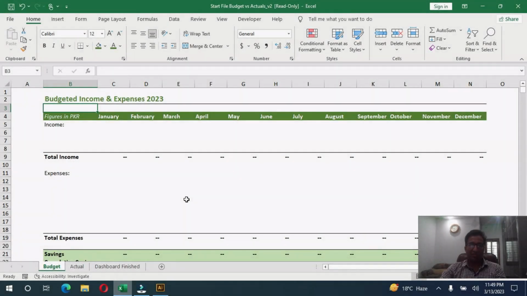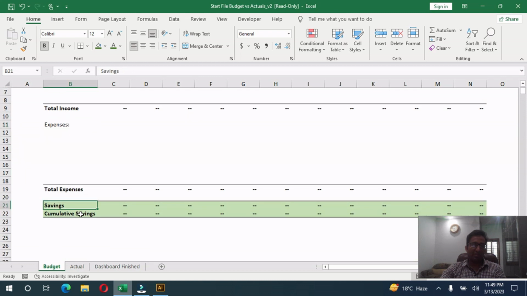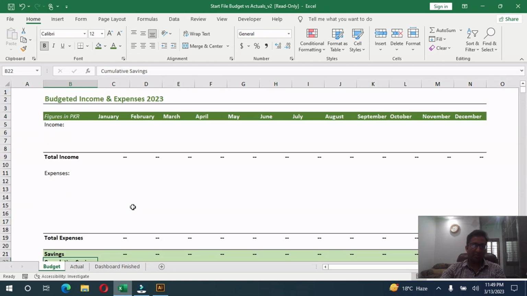Friends, here is the first sheet, budget, where I have already made some formatting showing the months, the income heading, expenses heading, and the savings and cumulative savings. Friends, this is the sheet of budget where we will put in the figures based on the categories of our income and expenses. Let's say our income is basic salary,